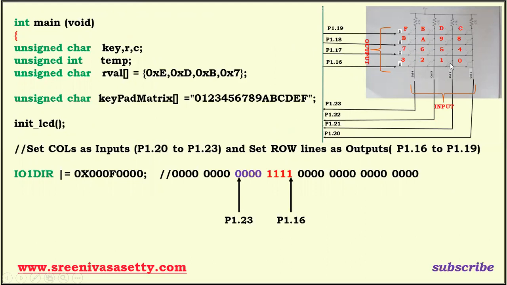Okay, if you press 1, we'll get 0 here also. If I press 5, here also low. Because if you press 9, we'll get low here. If you press D, we'll get low here. Whatever key we press, that corresponding column becomes low. For more details, go through the previous video, because I'm not able to explain the same thing once again here. Therefore, if you press, the corresponding column becomes low. Okay, so that is the logic behind this.